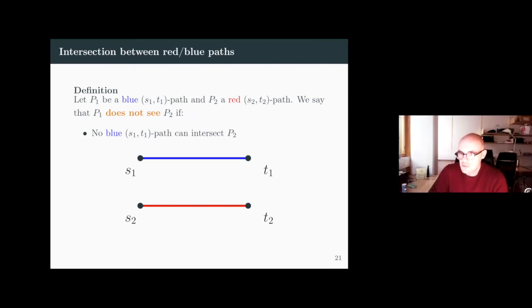P2. Okay, so it's a bit strange because on one side you only care about S1, T1, and on the other side you care about the real path, but this is what it is, and you will see why I define it like this. So we say that P1 does not see P2 if you cannot replace P1 by a blue path that intersects P2. So the type is not very symmetrical, but